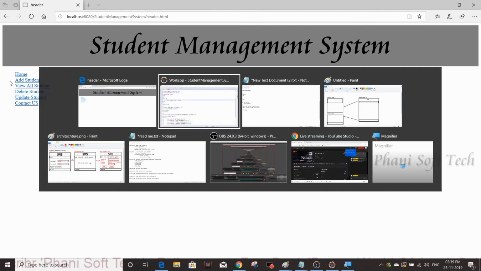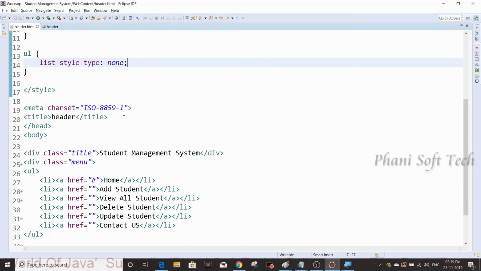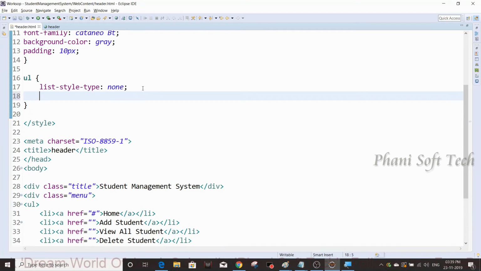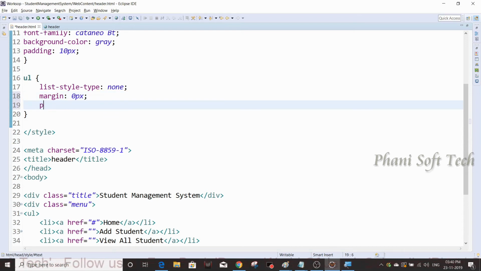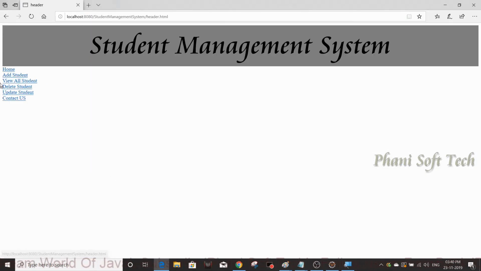That is called padding and margin we need to give here. So I'm going to give margin as 0 pixels. So I'm going to remove margin, and I'm going to remove default padding also. That's what I'm giving 0 pixels. Control S, and see here, now it's going to remove top and left side. Okay, fine.